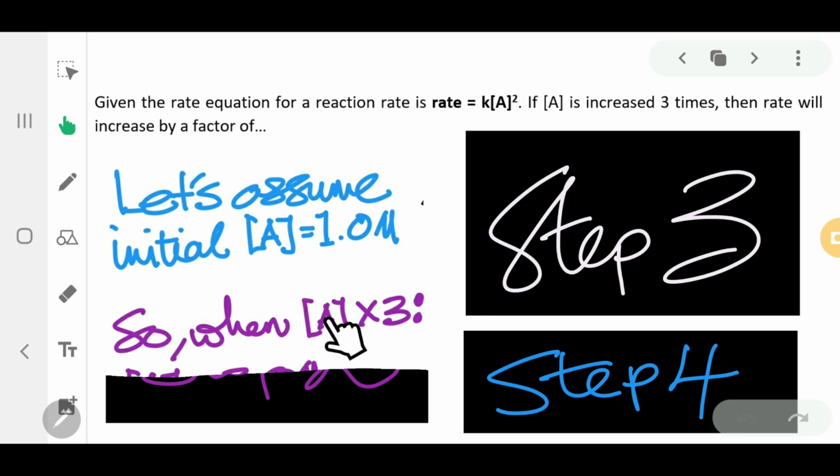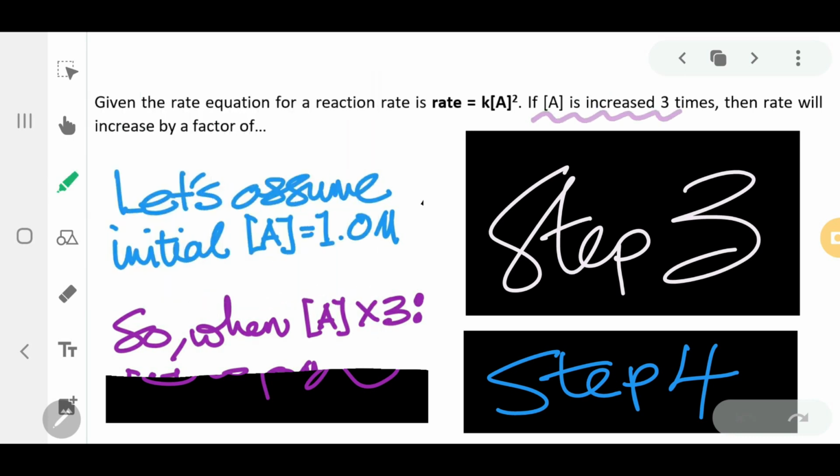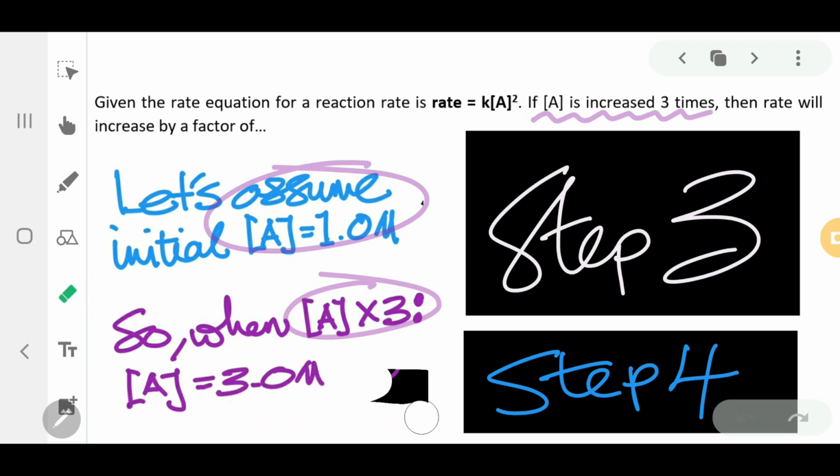So when concentration of A is increased 3 times, like what we have written over here, and since we have assumed that initial concentration of A is 1 molar, when you times by 3, the concentration now is going to be 3 molar. Okay, so this is the concentration after it is increased 3 times. So moving on to the next step,